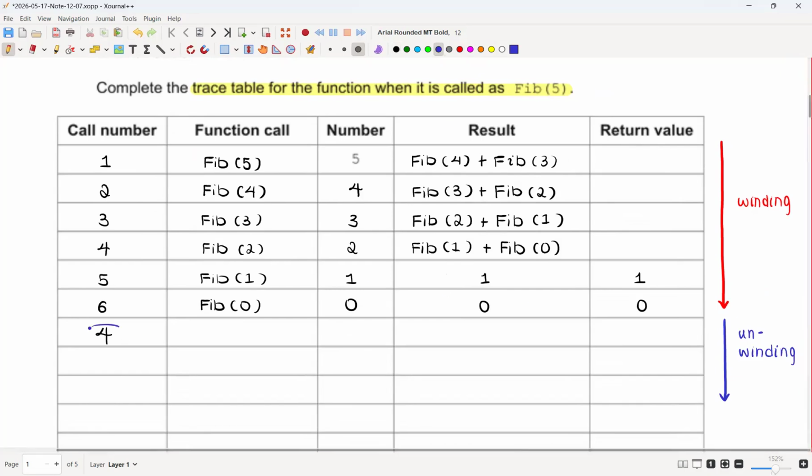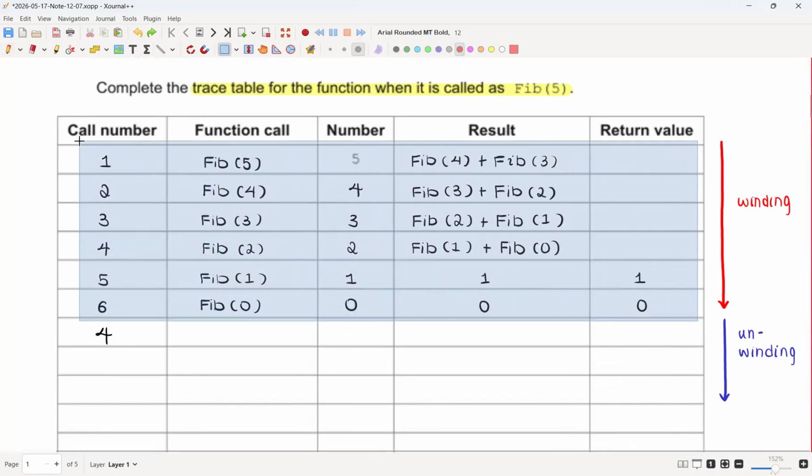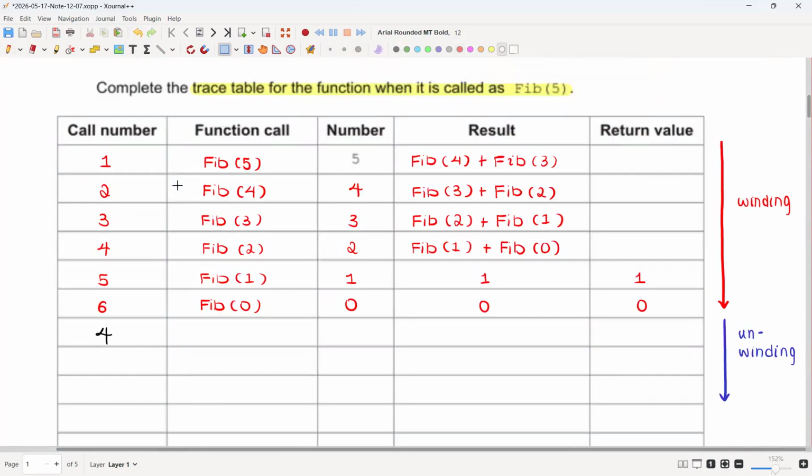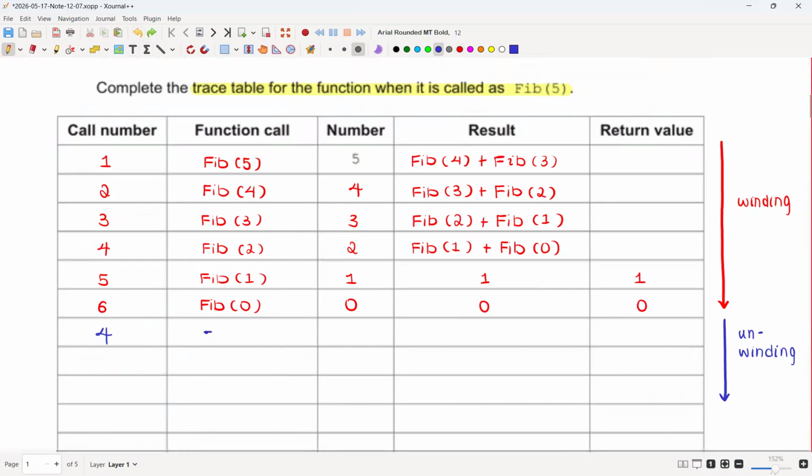So now we are back at function call 4. Having evaluated what fib(1) and fib(0) are, we can now rewrite the function call that we were previously in. Maybe I'll put this in separate colors so it's easy to see. So these are all the winding calls. Starting now, we are going to begin the unwinding calls. The unwinding calls would begin with call number 4, which is back to what we were at before, which is fib(2),